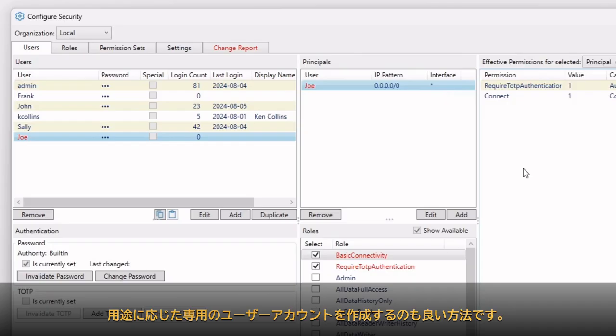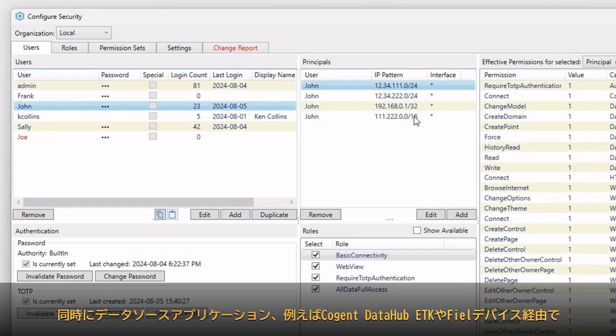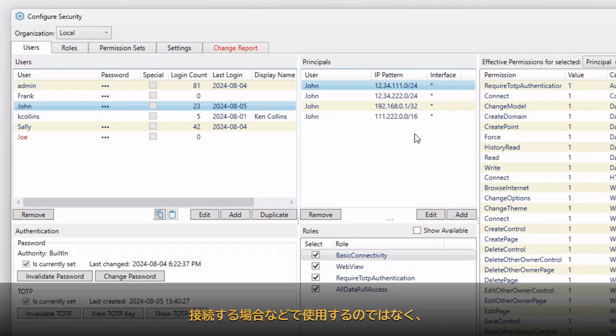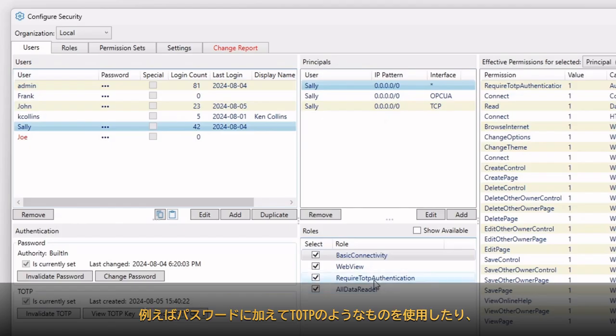It's also a good idea to create purpose-specific user accounts. So, for example, rather than using the John account both as an interactive user as well as something that perhaps might be used in a data source application, for example, connecting via the Cogent DataHub ETK and a field device, it's a good idea to create a different account for that. For interactive accounts, we encourage the use of multi-factor authentication, for example, in addition to password, using something like TOTP, also creating